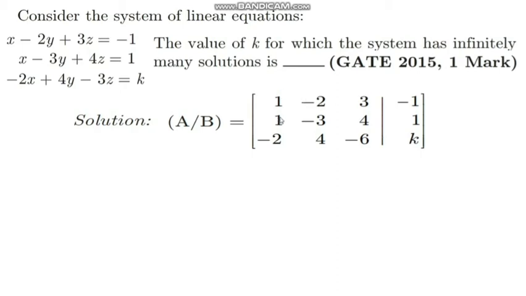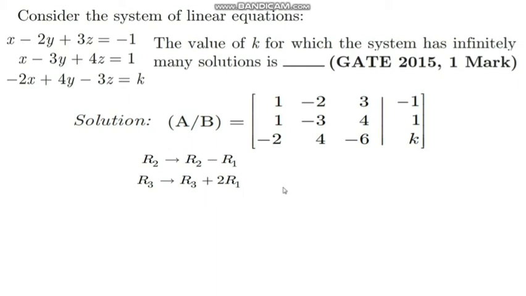Now you can make these two elements zeros using the first row. Our first operation: the elements of the second row are replaced with the difference of the elements of the second row and the elements of the first row. So this is one row operation, R2 is replaced with R2 minus R1. Similarly, you need to find 0 here. That means you make negative 2 as 0. Your operation will be the third row is replaced with the third row plus 2 times the first row.